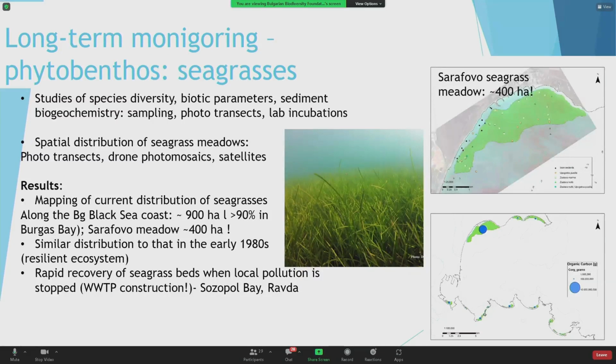The marine seagrasses, which are dominated by Zostera marina and Zostera noltii, are also very well represented in the Burgas Bay. Actually, most of the seagrass beds in the Bulgarian Black Sea coast are within the Burgas Bay. And one of the biggest Zostera meadows is located in front of the Atanasovsko Lake. At least of what we have mapped so far of this habitat, it is actually here in front of Burgas and Sarafovo.